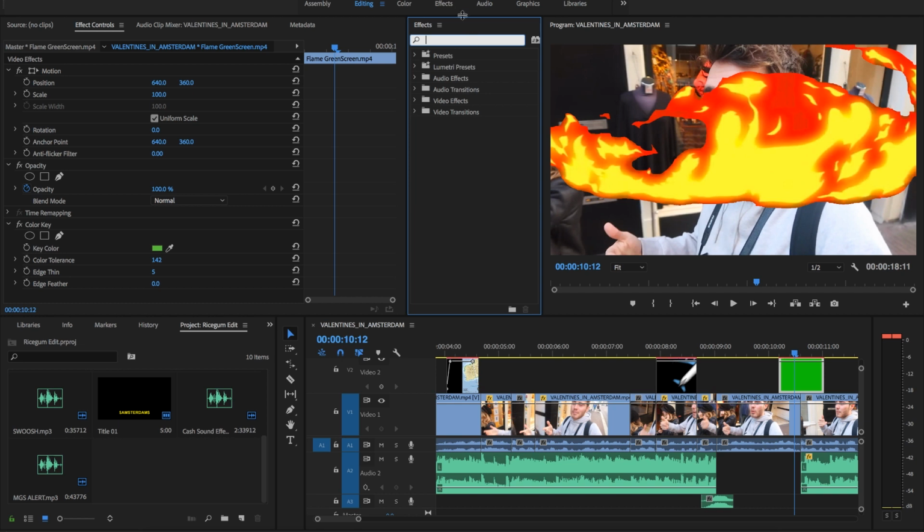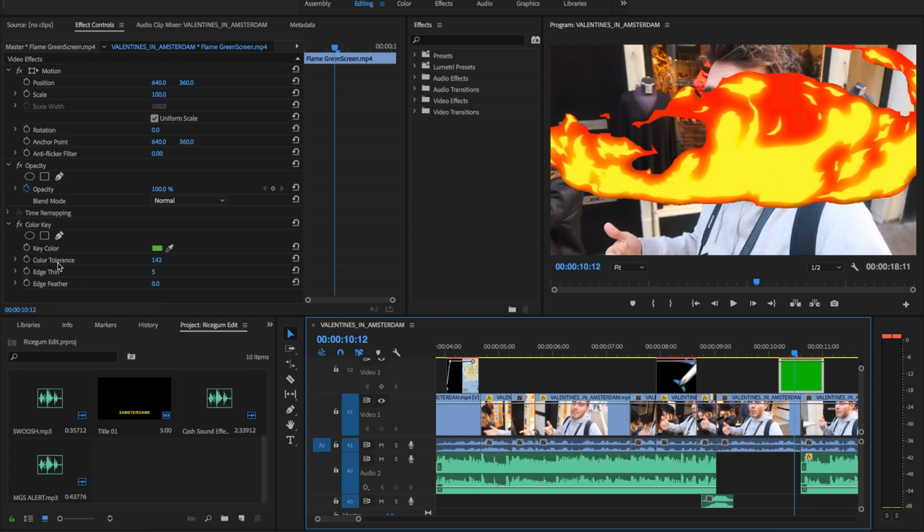Then you're going to want to go to your effects. This will probably be on the effects panel. I just have it set out like this because I like it and it's easier. You're going to want to search color key, and under keying it will be color key. Then you're going to want to come over to key color. It should be blue. If you click the eyedropper tool and then click on the green around the flames,